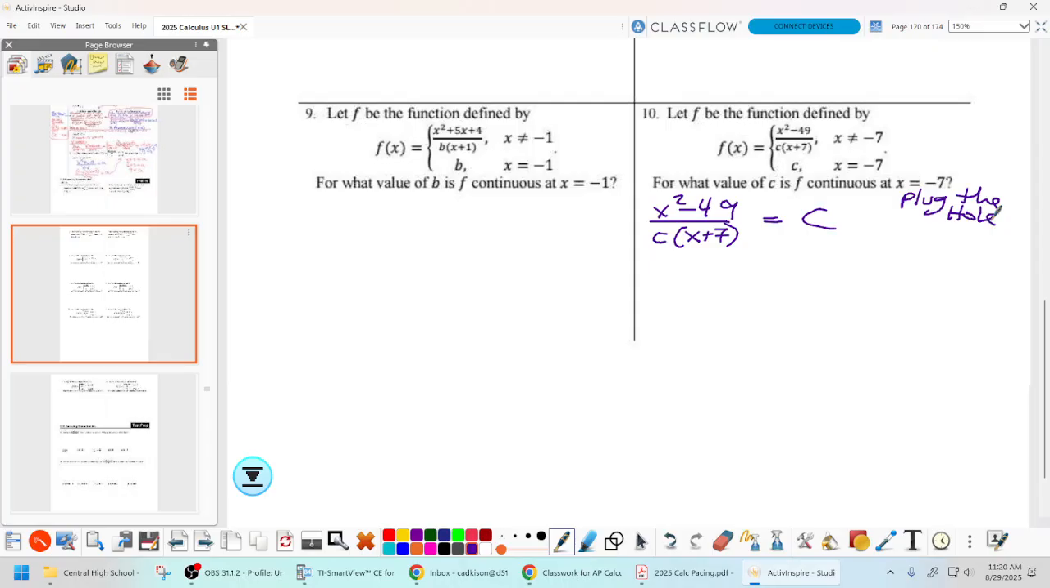But we have to do this with limits, so the limit from the left, limit from the right kind of idea, okay? So limit from the right, that's -7, is c. So that's not a big deal. Over here,